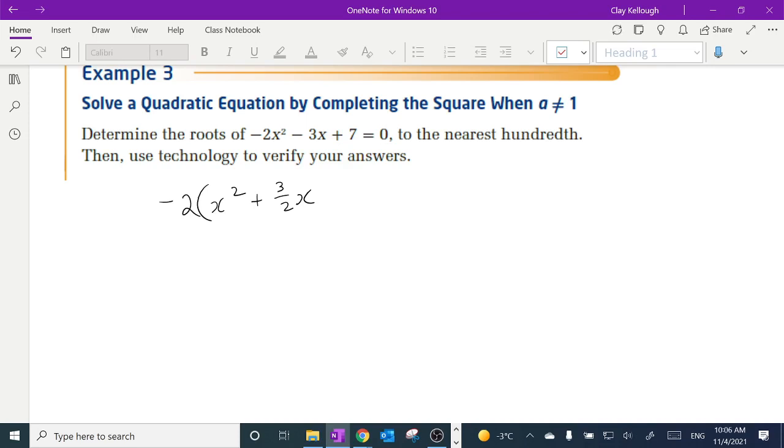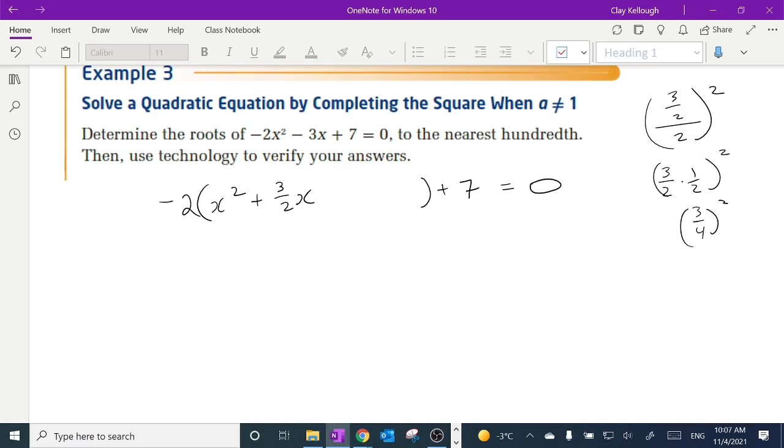And then we'll do this the way we did completing the square in chapter 3. We'll leave some space there for plus and minus, and then we'll kick the 7 out of the way, and we'll figure out what completes the square in step 1. So what completes the square? Well, I need half of 3 halves squared. So what's half of 3 halves? If you need to work this out on scrap paper, do it. That's 3 halves times a half, right? So that's 3/4 squared, which is